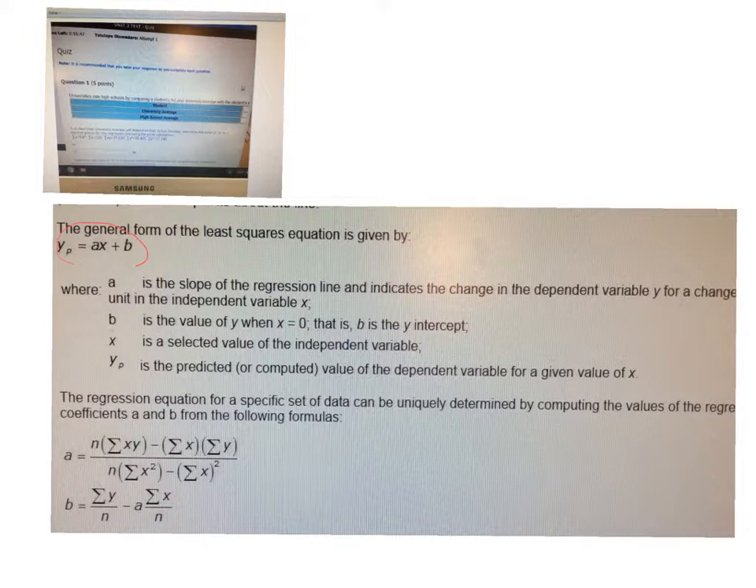So this is your linear equation of a straight line, the y equals mx plus b, and in statistics it's y equals ax plus b. And the way that we find A and B is to use all of these values, like sum of x, sum of y, etc. And you're given all of those values in the question on the quiz. So if you read through this and understand what those values are and how to put them into the equation,